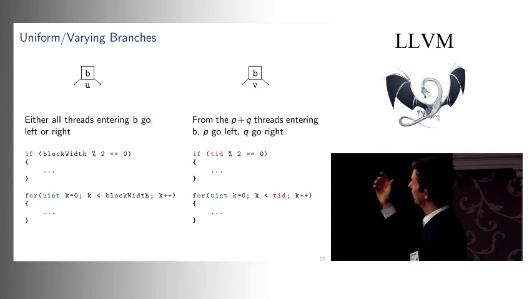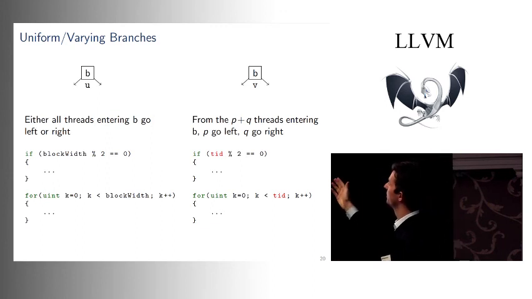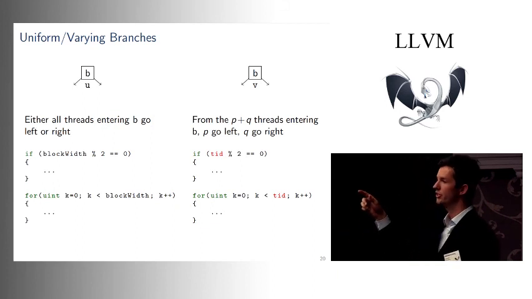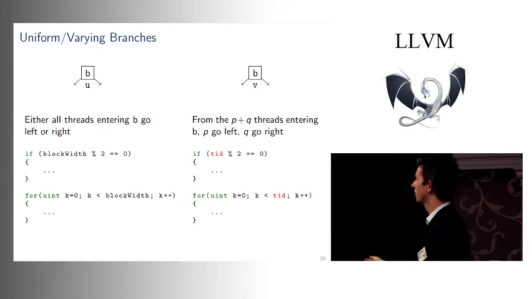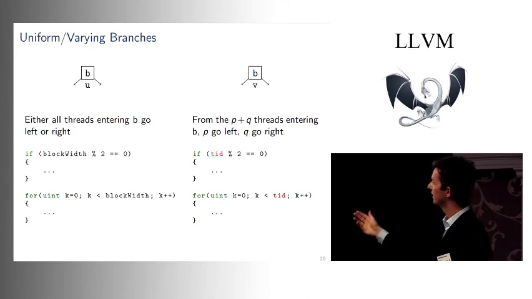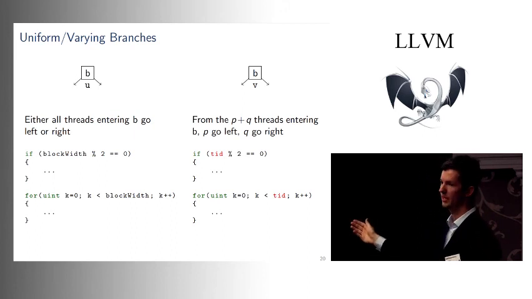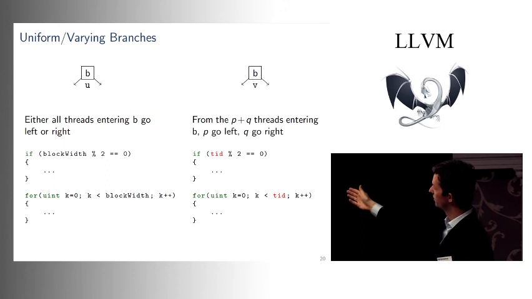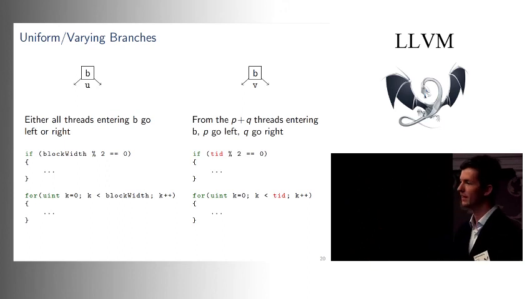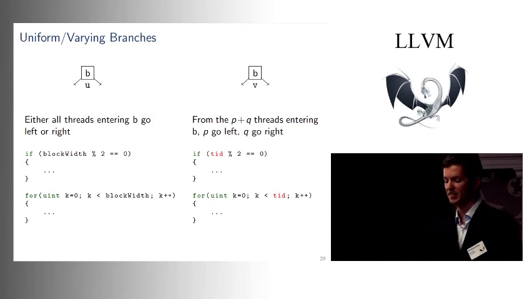On the other hand, if you have what we call a varying branch, this means that of all the threads that enter block B, only a fraction goes left and the other part goes right. And that is, for example, the case if you have conditions that depend on the thread ID. So, for example, in that if statement here, it checks if the thread ID is odd or even, and that might be different for different threads, of course. So now with that